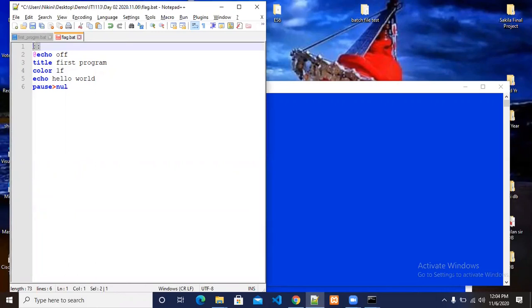Okay, for comment you can use double colon. I'm using it, put a flag and skip a line or skip one small part of the command. You can use that flag function. To do that, first I'll type the code and line by line I will explain it to you.